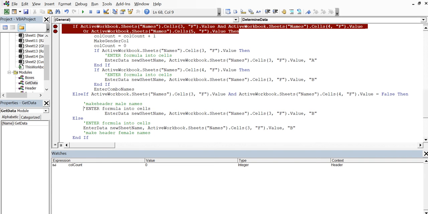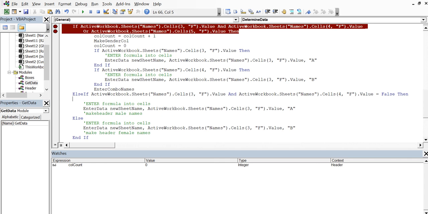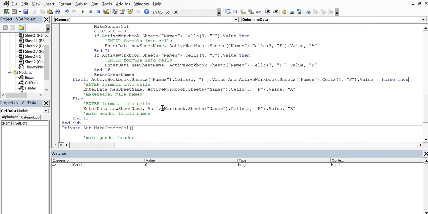Put the make header after the fact. And then we're going to need to write some code here to make